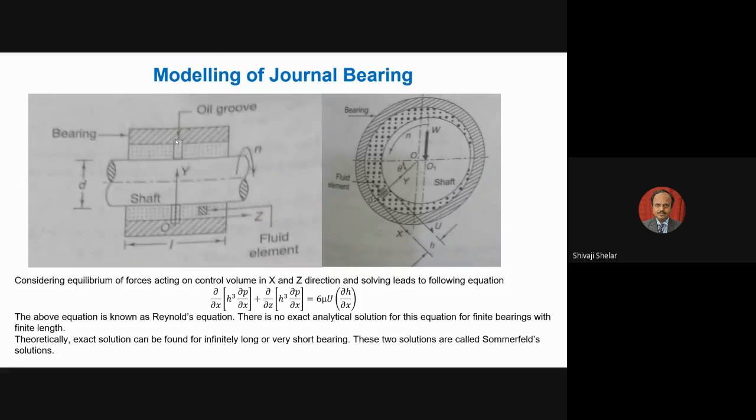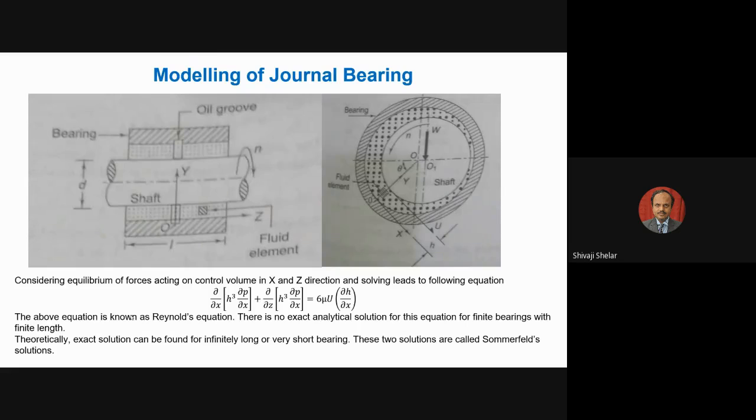Very important: once you calculate epsilon correctly, once you calculate Sommerfeld number correctly, then the rest of the thing is very, very easy. So I think you have understood how to refer to that table. I have shown one sample table. There are so many tables available, so you have to use the right table.